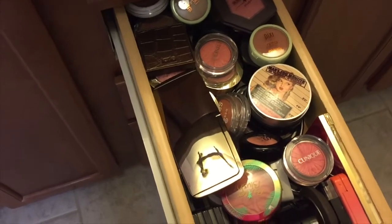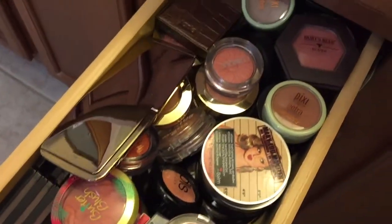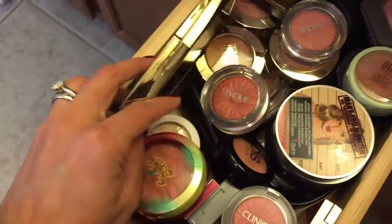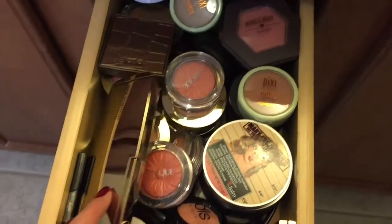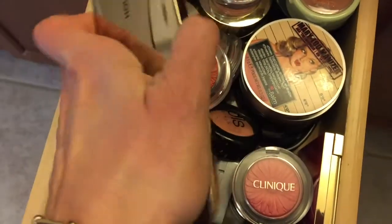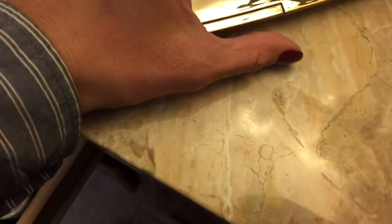Now blush was a bit of a pickle for me because I have a ton of them and I like to switch it up when it comes to blushes. And I just purchased these Clinique ones, are newer to me, and I'm still forming an opinion on them. This one is also new to me and I really liked it. I took this to New York and used it straight up for a week, and it was the only blush I had and it was great. But I think if I had to pick, and this one's a palette, even though people rave about the Hourglass blushes, and I'm struggling here to open this for you, but even though people rave about them,